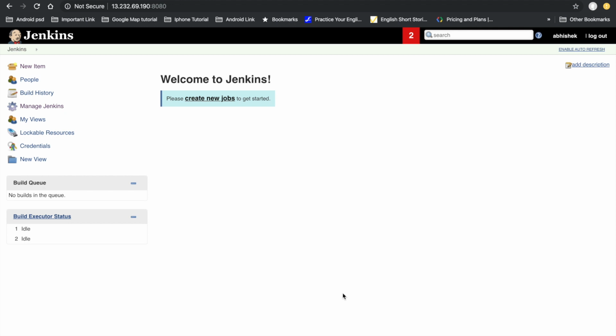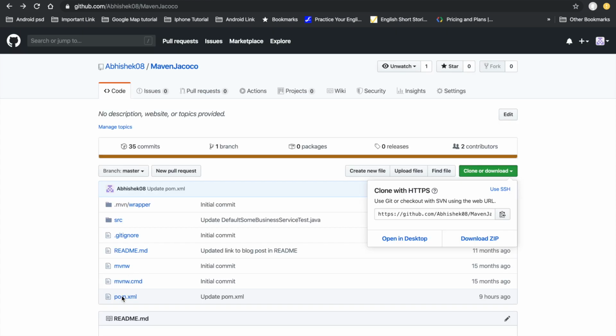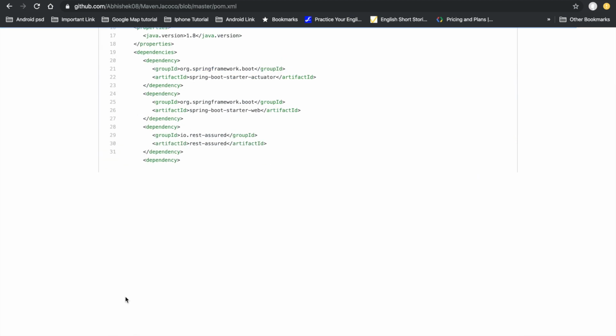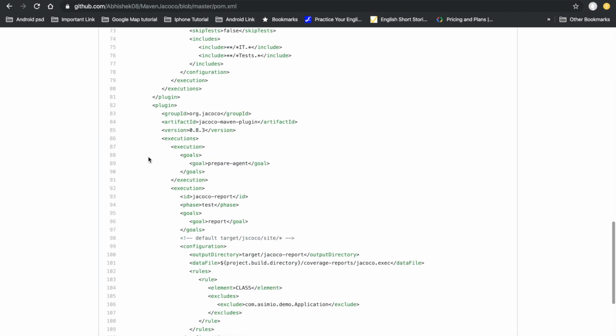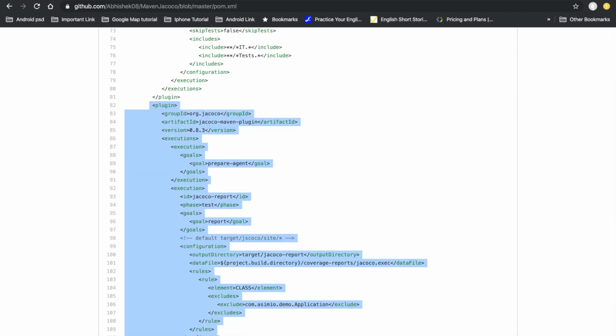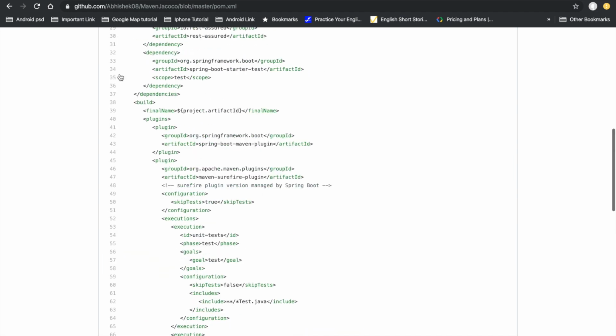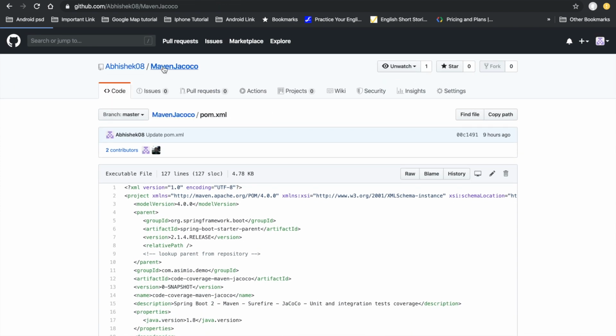Now we have to add this plugin in our Java project in the pom.xml file. So let's go to the Git repository, and here I already added this Jacoco plugin. So here the Jacoco plugin is added. We are using the latest plugin version 0.8.3. This is the plugin's name and this is the plugin ID. So copy this project URL here,